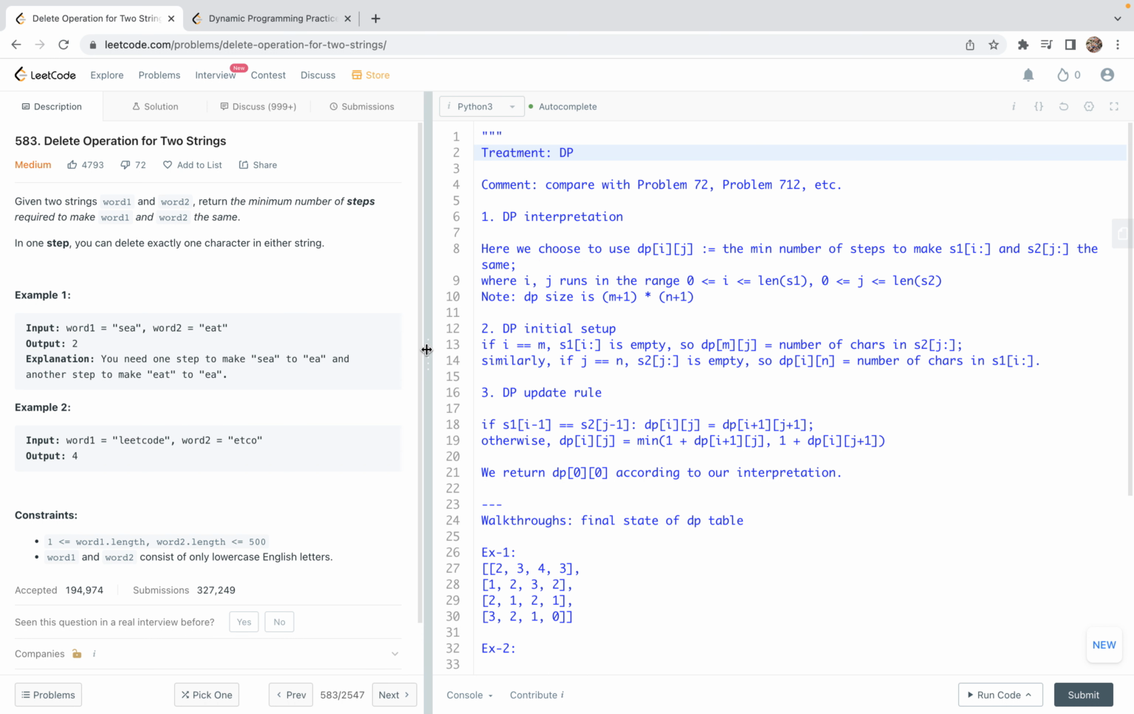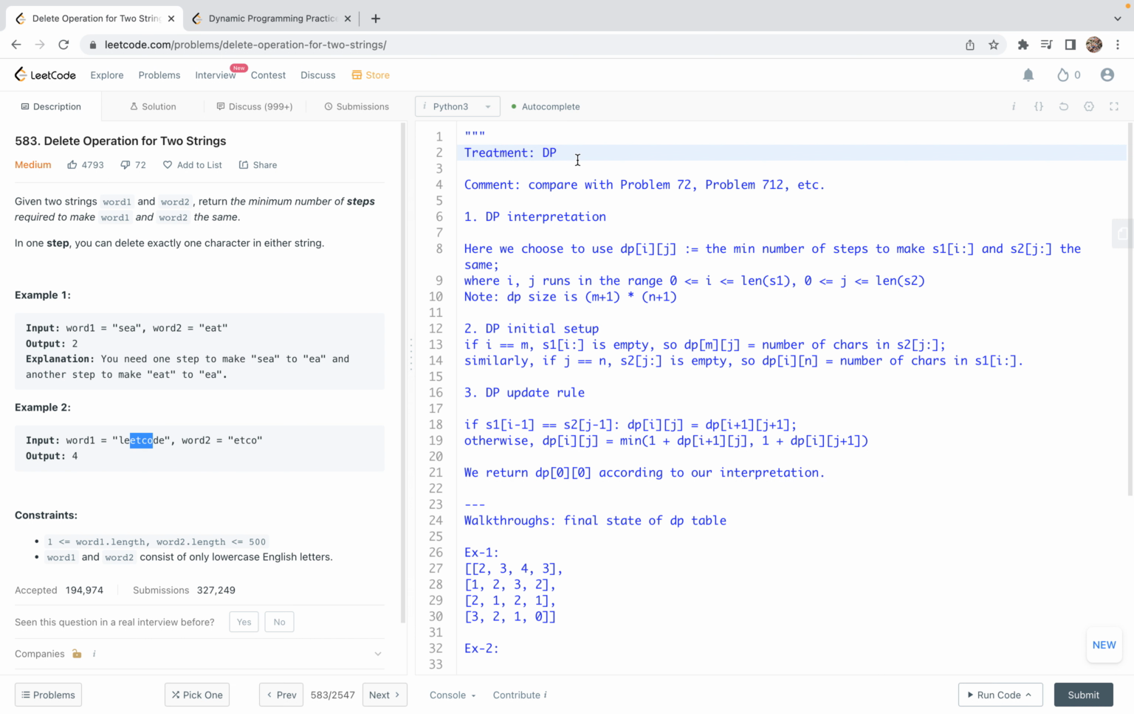As we mentioned here, we are going to solve this problem using the dynamic programming technique. This is actually a very common coding technique. For dynamic programming, if we want to use tabulation here, the DP interpretation is crucial. Once we set up the DP interpretation, it determines the initialization and DP update rule together with